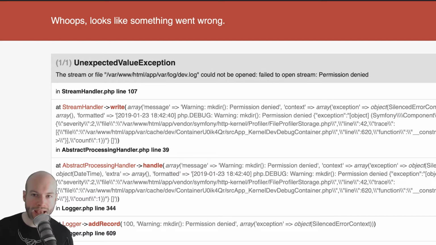The problem we face is that we have this issue with logs and with caching.